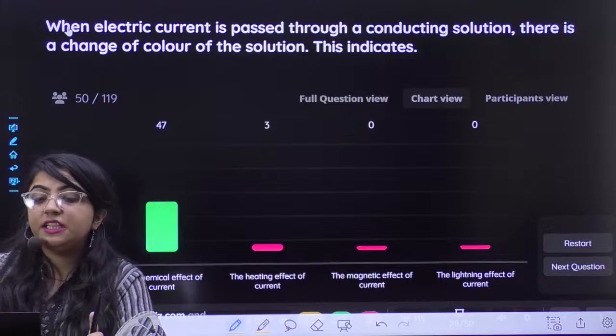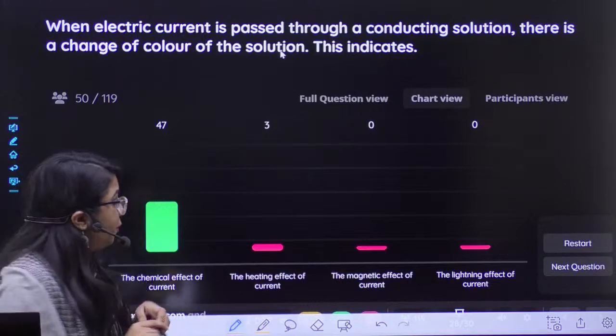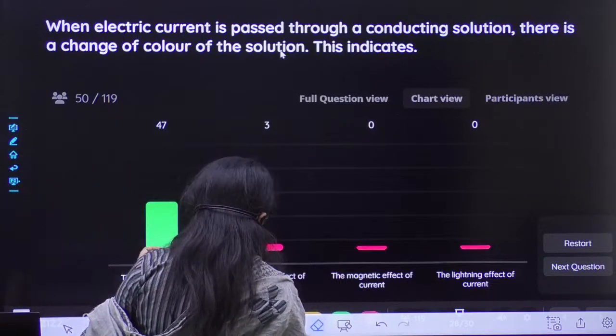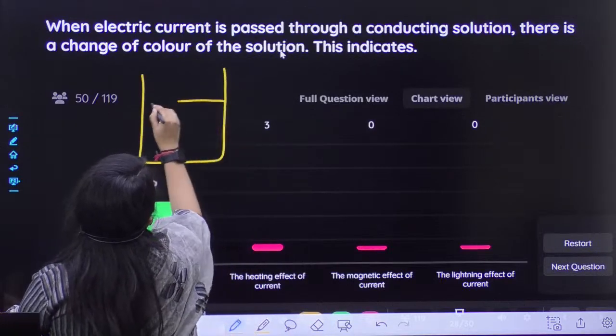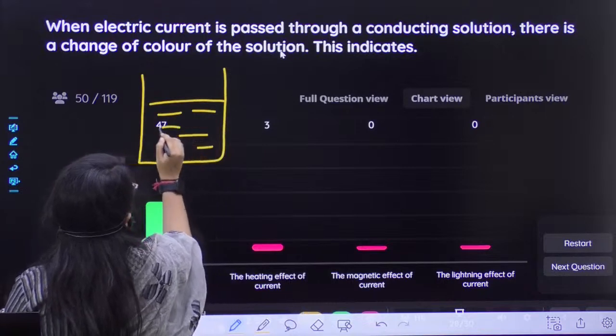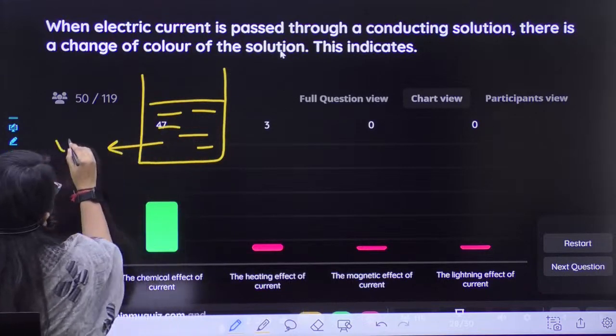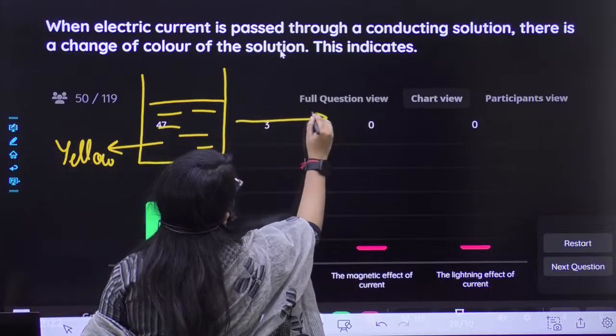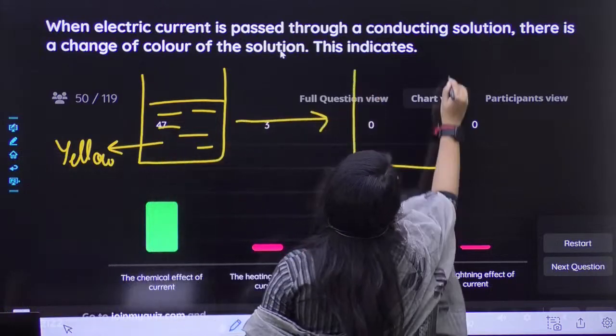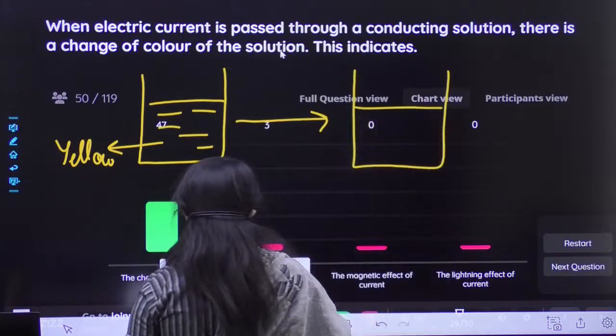So the color change that is occurring in the solution, suppose we have taken this container and here we have one solution which is yellow in color. After some time we have observed that the color of the solution is now